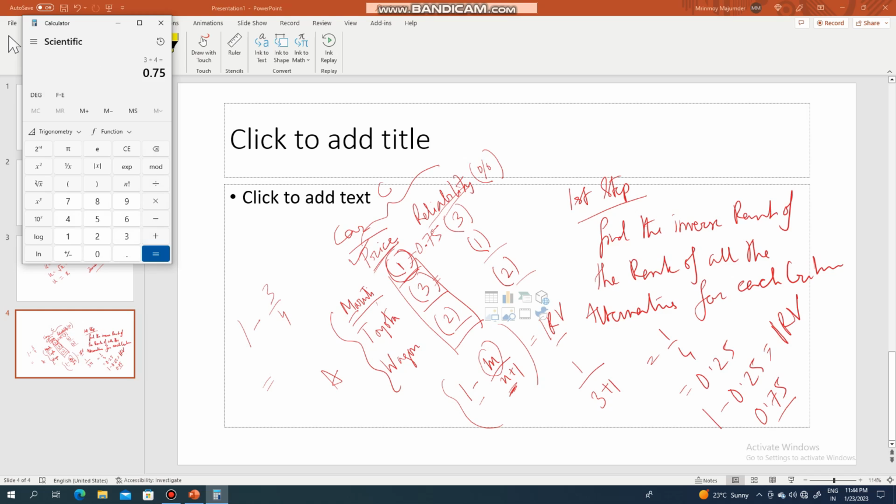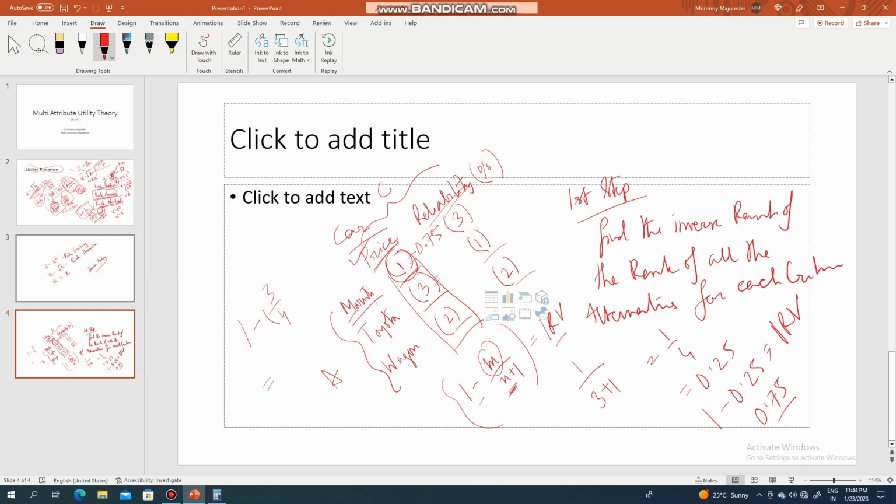This is 0.75. You see, so 3 by 4 is 0.75. We are deducting this 0.75 from 1, it is becoming 0.25. So this will become 0.25, and 2 naturally this will be 0.0, because 1 minus 2 by 4 is actually